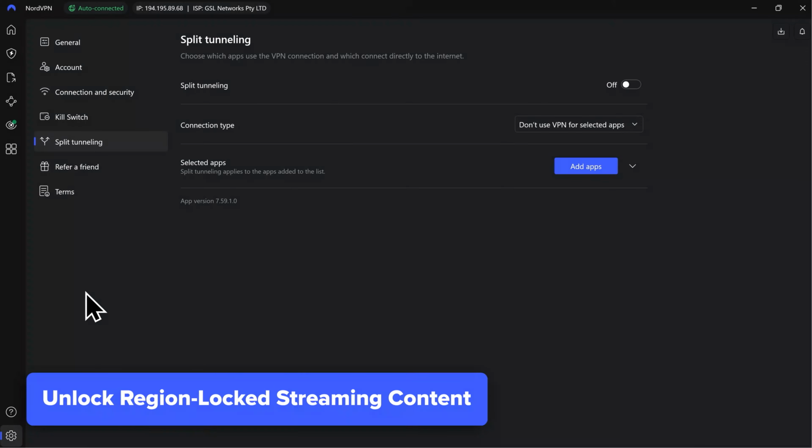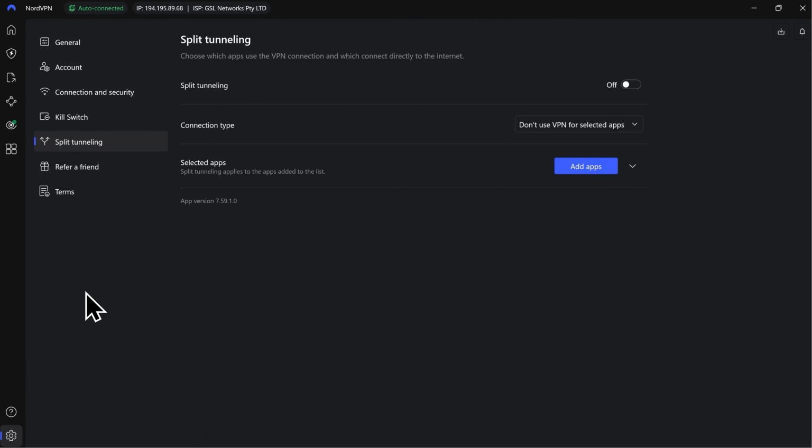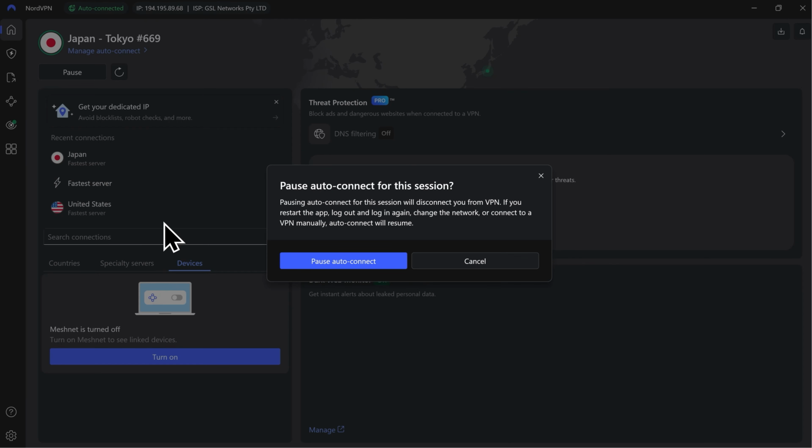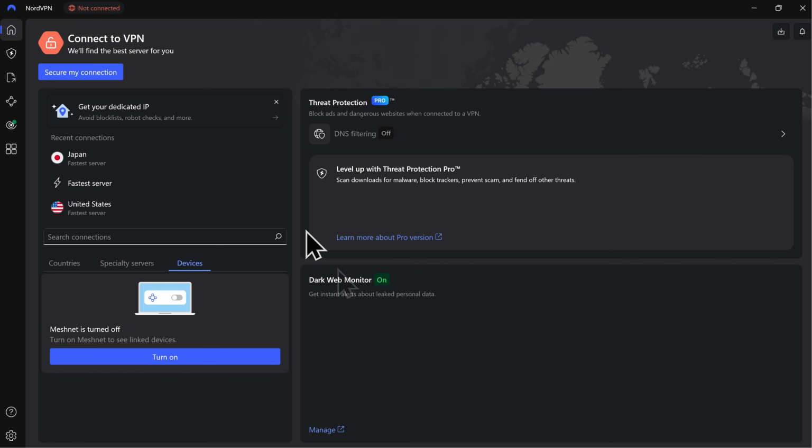Now, the last thing I want to show you is how to unlock region lock streaming content. So I'm going to go back over to the Home tab in the top left. Then I'll click Pause, and then disconnect from the Japan servers. I'll click on Pause here. So now my device is no longer protected, and my IP address is going to show my actual location, which